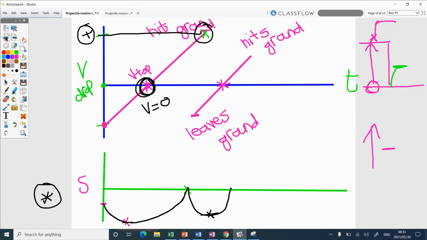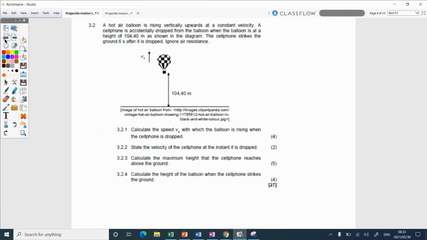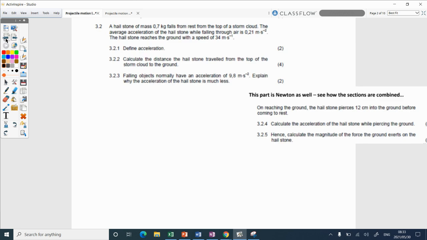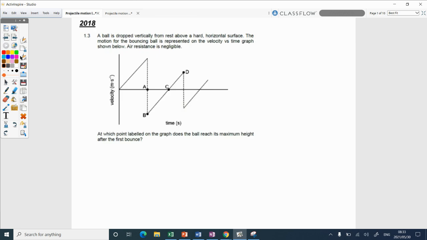Right. So let's look at questions. You have them. The questions that I copied for you are all the kinematics questions from 2018 and 2019, past paper and past supplementary paper. But I only snipped the ones that are on projectile motion for today. Obviously, it would be great for you to go and do this as soon as possible while it's fresh in your memory. When is your exam?